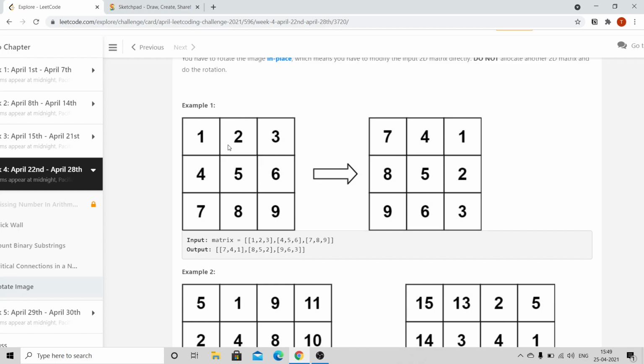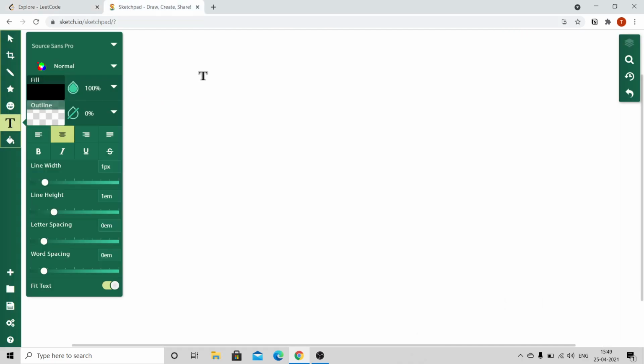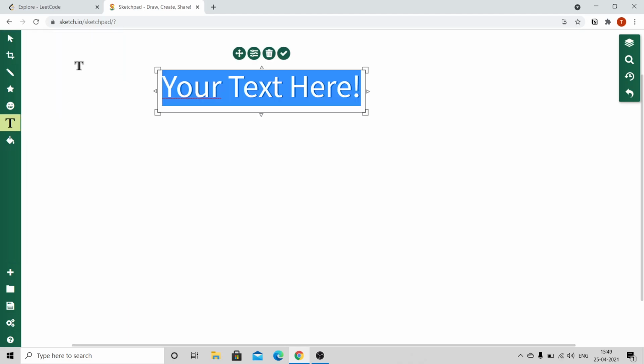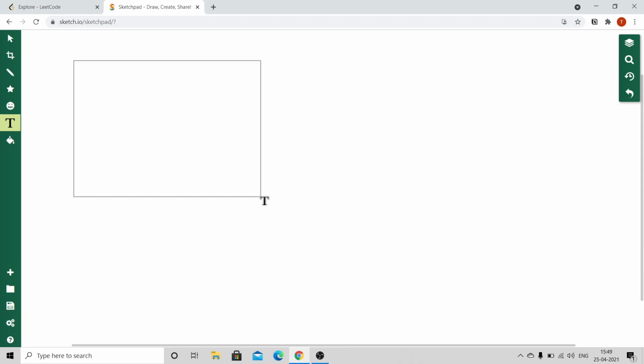So some way or the other, I need to use a swap function. That is, I need to swap the elements. This is the first step. If you got till here, your answer is half completed, and you are very near to completing it. So now I know that I need to somehow use the swap function, but I don't know exactly how to use it right now.